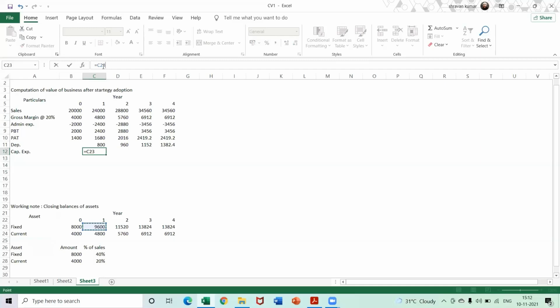So what is the capital expenditure? 9,600 plus 800 minus 8,000. So closing value plus depreciation minus opening value, right? So this is the capital expenditure. Let me just put minus because it is a cash outflow. Okay. So yes. Next,